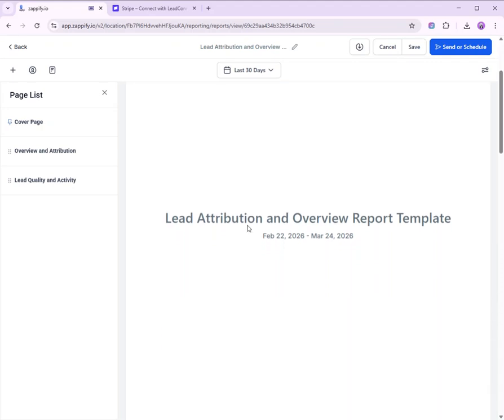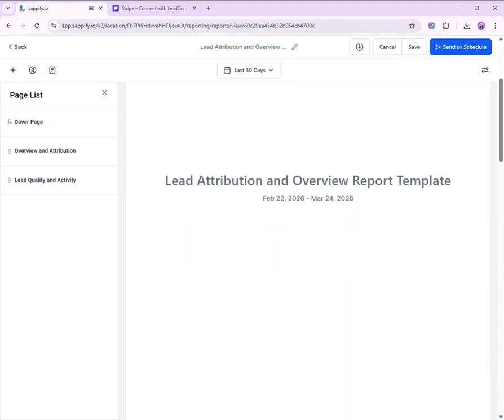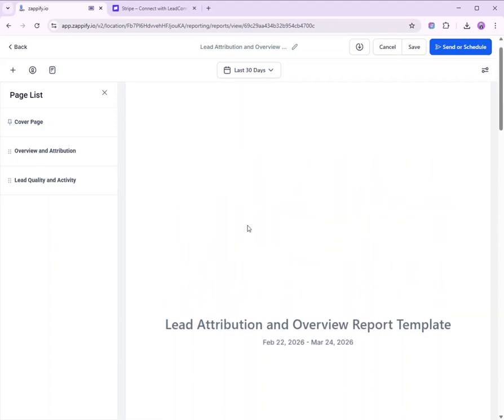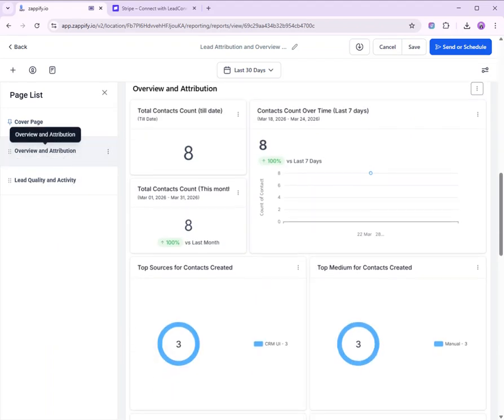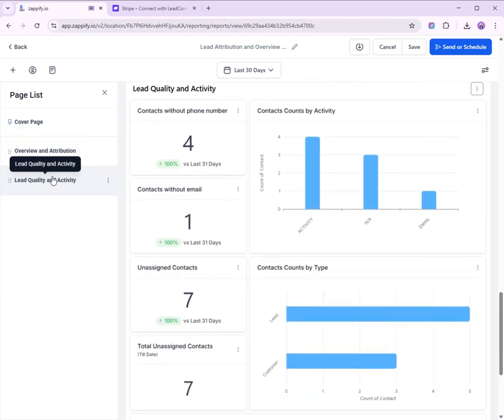So here's the example of reporting from the report template. We have here the overview and attribution, lead quality and activity.